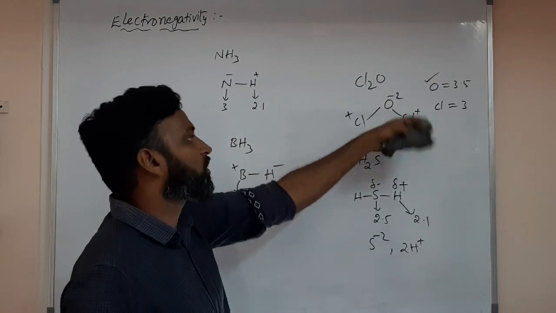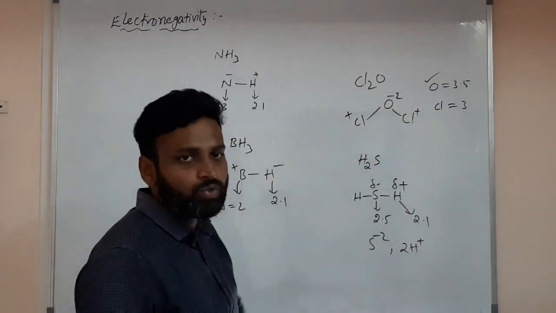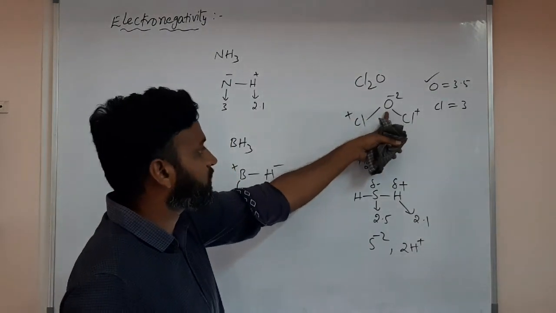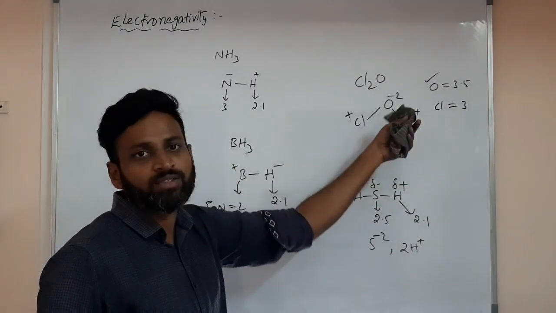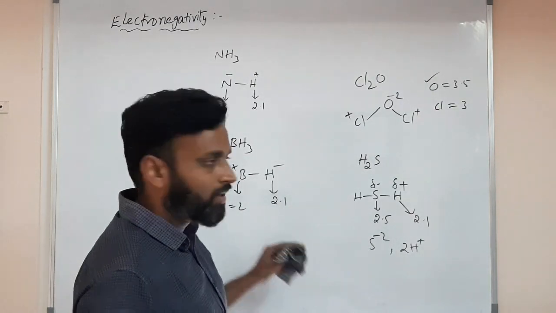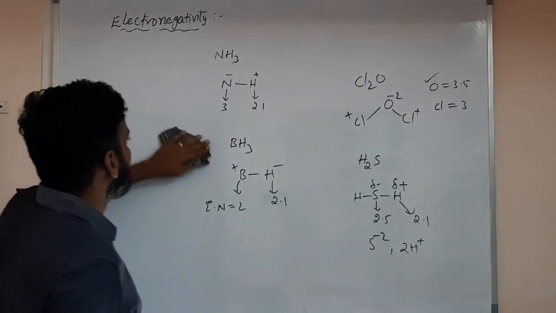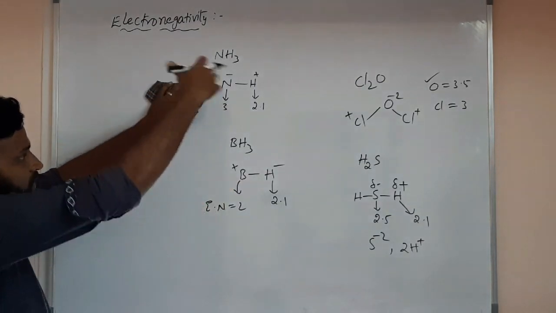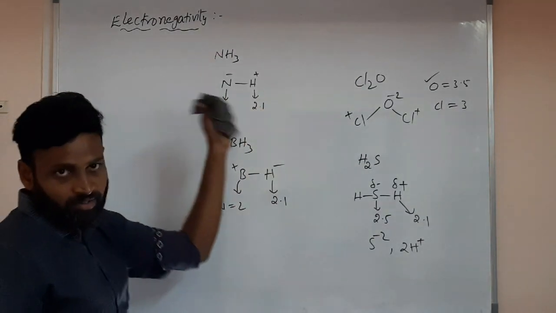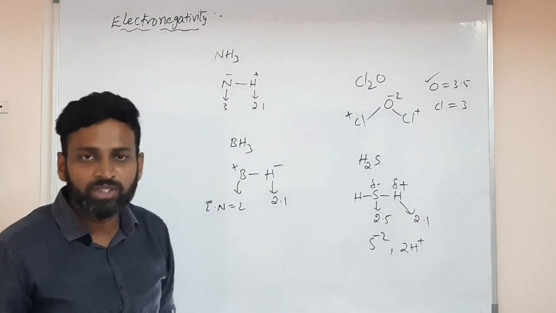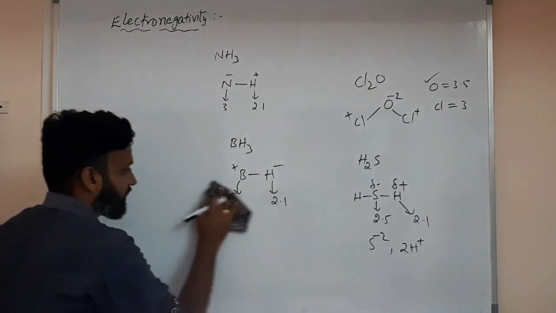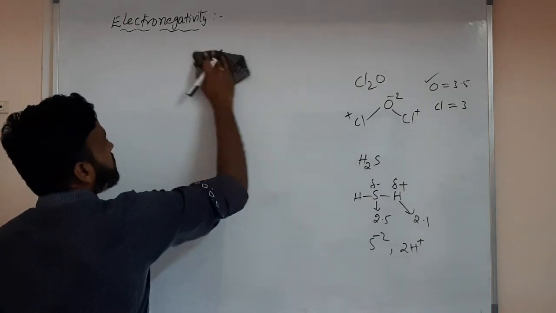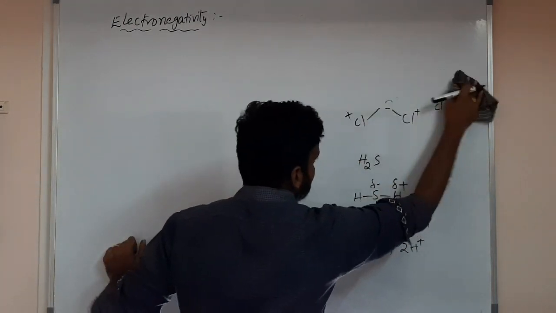Whether it is plus 1 or plus 2 or plus 3, how to say, I will explain now. So who gets negative charge? Oxygen. Who gets positive charge? Chlorine here. Understood? So this is about electronegativity. Please note down all these things. So these charges we are writing by using electronegativities. Please write it down. Okay, next periodic property is valency.